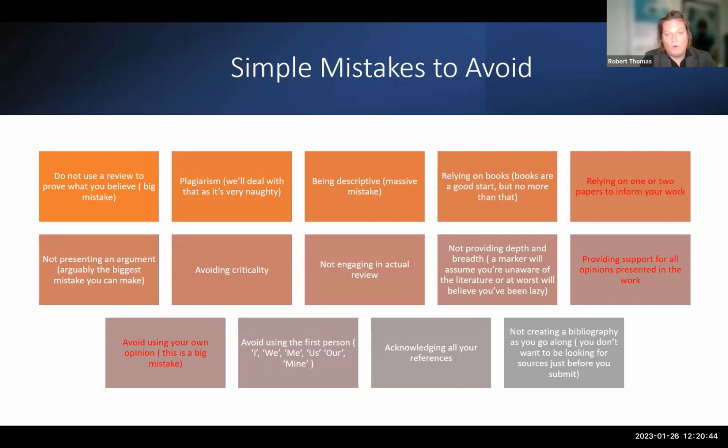To avoid all of the first person element. And one thing that always gets overlooked is creating a bibliography as you go along. When I did my PhD, through stresses and strains, I neglected to do that. My wife had to take 2 weeks off work, which is a true story, to ensure that we went through my work with a tooth comb to find missing references. That aged me by about 25 years, so don't do that, okay?